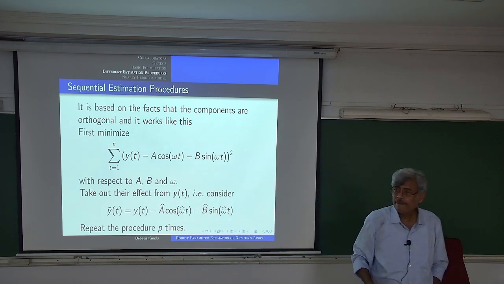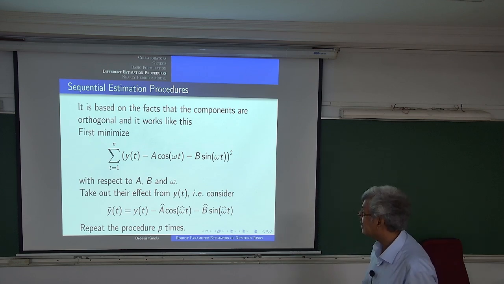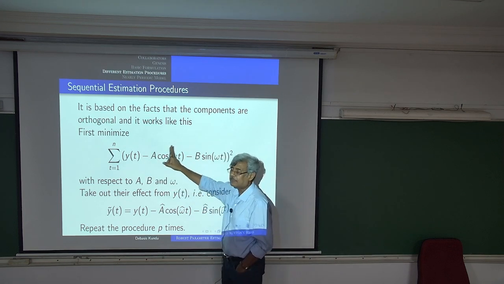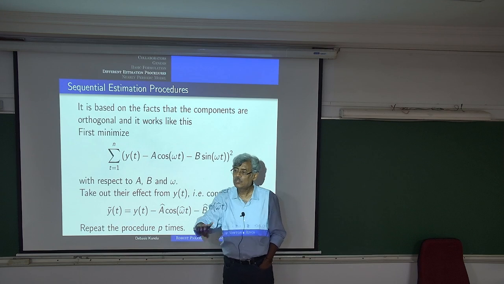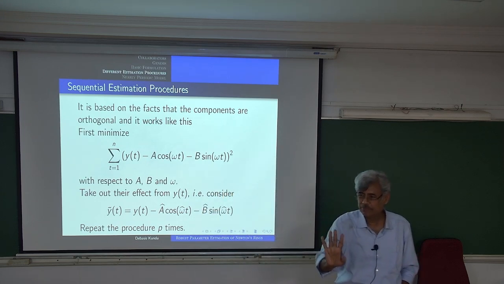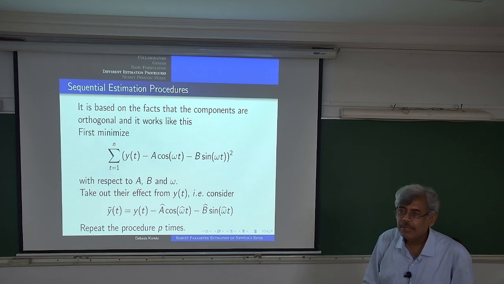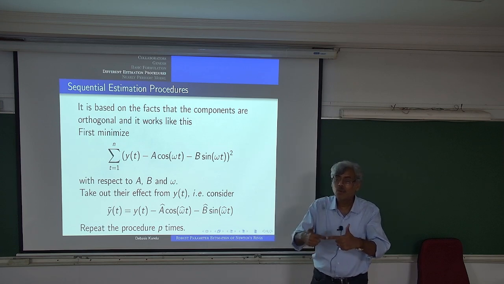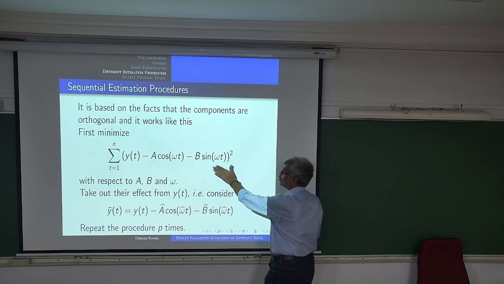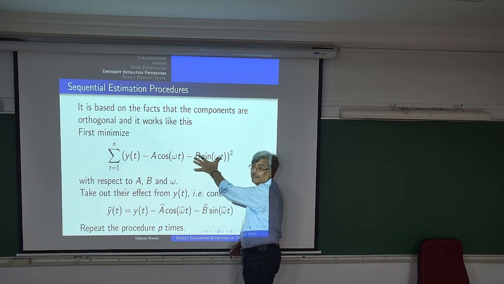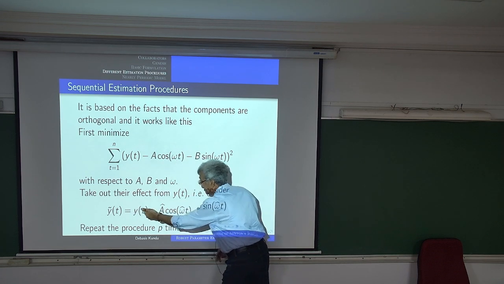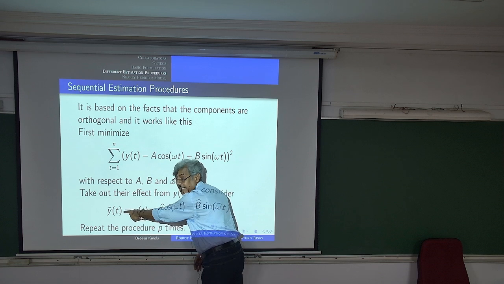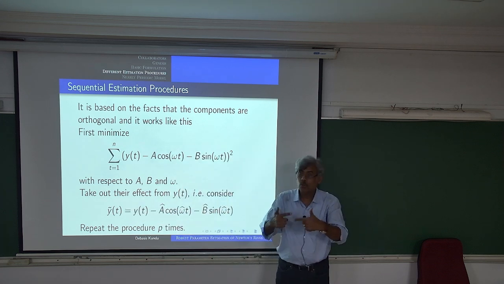But here also you have A, B and omega. Actually, this particular problem can be converted to a one-dimensional optimization problem. That's a simple one. You have only one omega, because each time you'll be getting one omega at a time. This first one basically turns out to be omega 1. Then once you take it out, you replace your y by y tilde, and then you'll be getting omega 2 and so on.